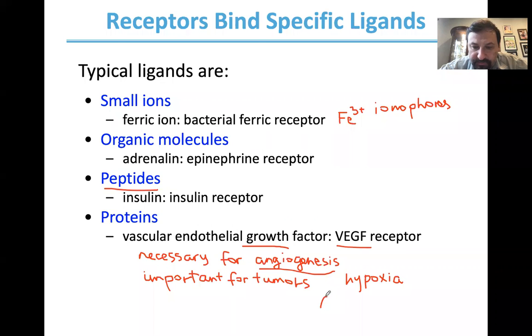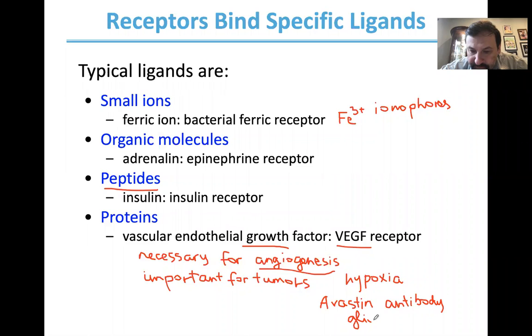One of the common ones is Avastin. It's an antibody which is used for cancer treatment, specifically colon cancer, lung cancer, and even glioblastoma,